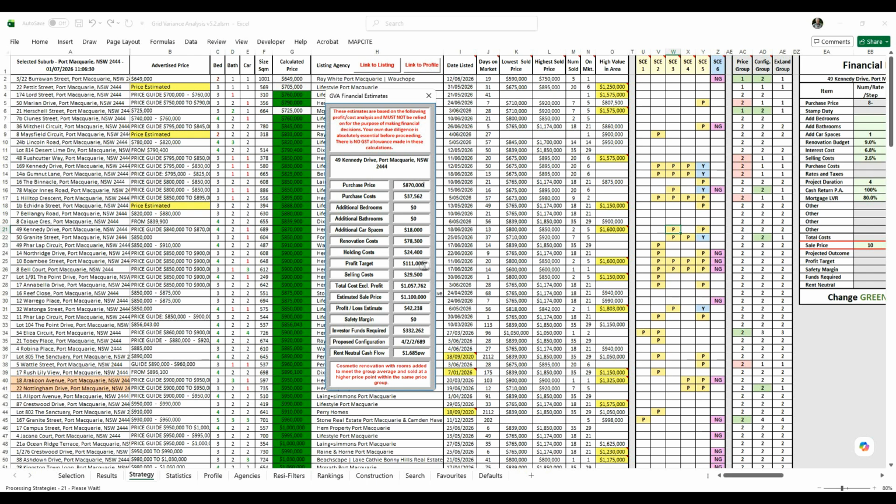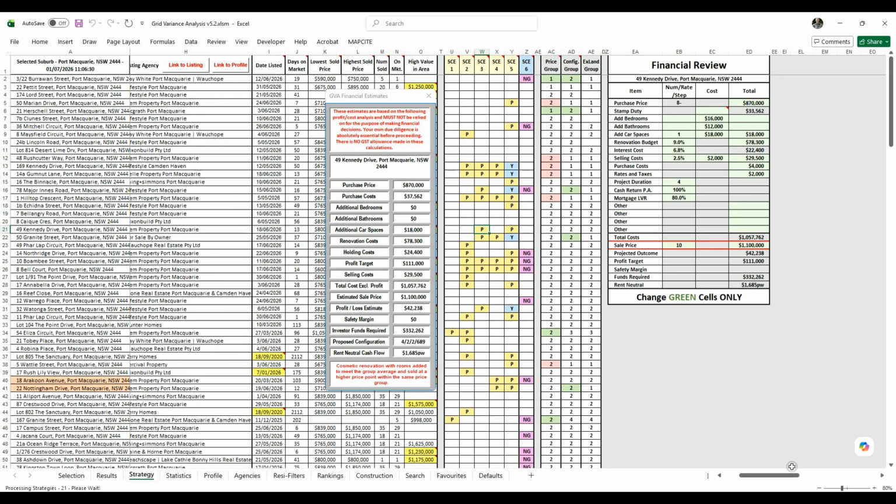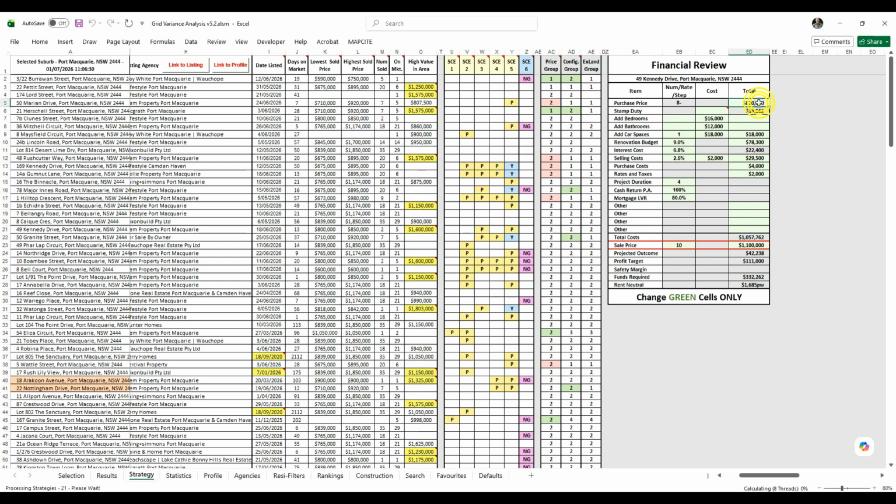The program will automatically then reassess that particular property against the standards that we would expect, and as you can see now, it's given me an approximate price range, 800 to 850,000 for this particular property, and it's advertised for 870,000, so it's a little bit above the market. What it's also done is given me an indication that there's a potential for renovation here, although not necessarily a profitable one. So I'm just going to click on that cell, and what it will do, as you can see,